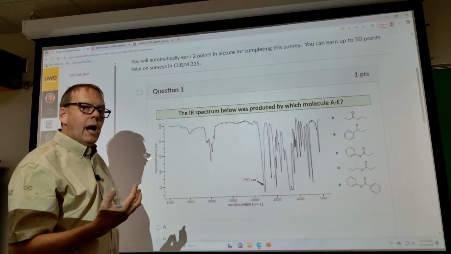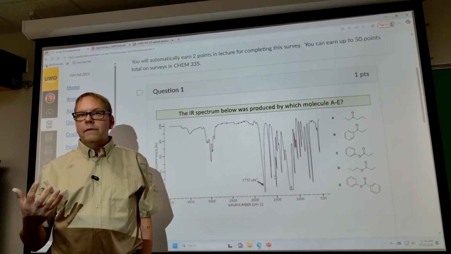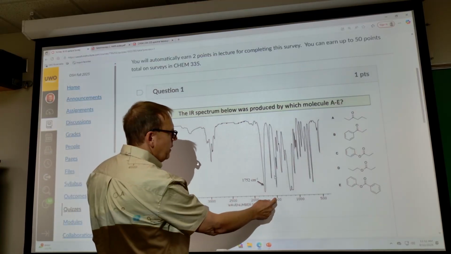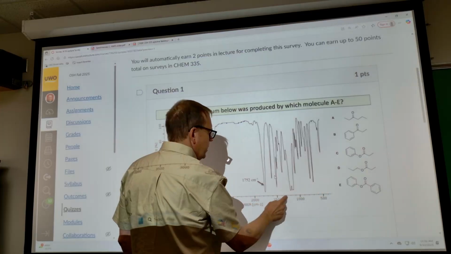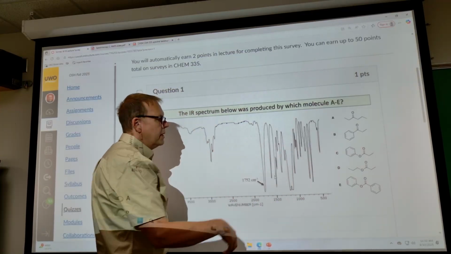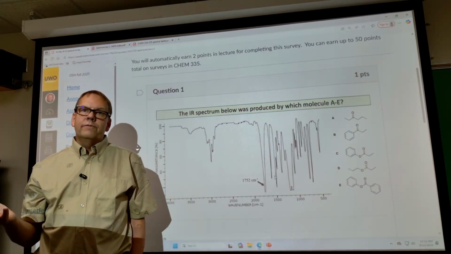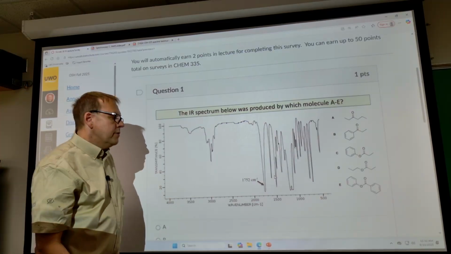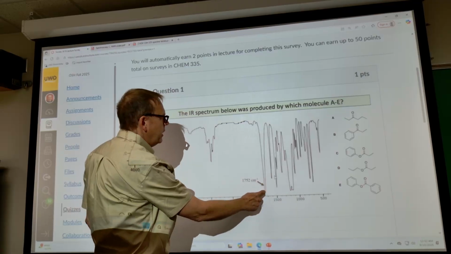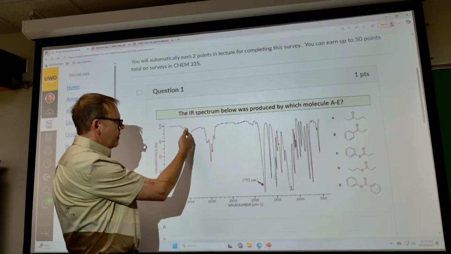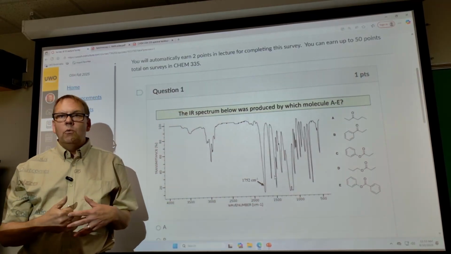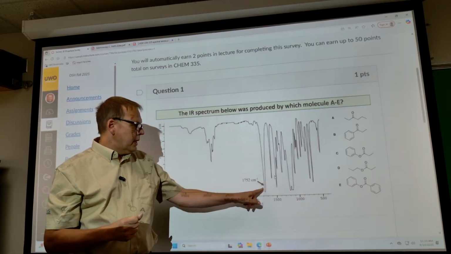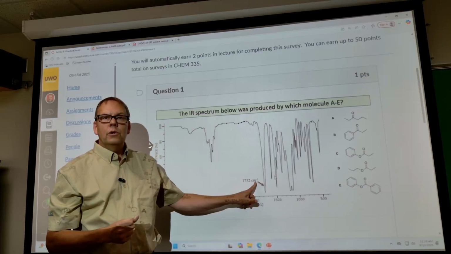So remember, in IR spectroscopy we're just focusing on the functional group region, the 1500 to 4000 region. The fingerprint region, which is the region below 1500, has a lot of peaks in it and valuable information, but we can't really get anything out of it, so we're just going to ignore that. So we've got peaks here, here, here, some peaks over here and there that we can try to figure out what they are. And there's a big hint in the big peak at 1752 wave numbers,